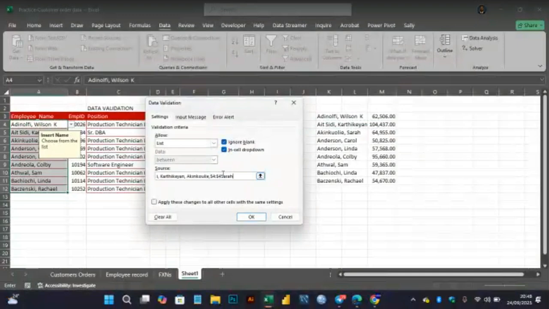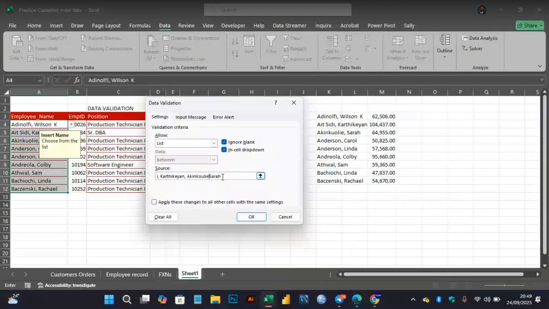Okay, so notice that when we type any comma, Excel assumes we are done with that entry. So let's remove all the commas that we have before. So let me just start afresh. Wilson K. So the comma means that we are done with that. So we want to remove all the dots. So I CD, Kati Kayam. Then Akin Uli, Sarah,